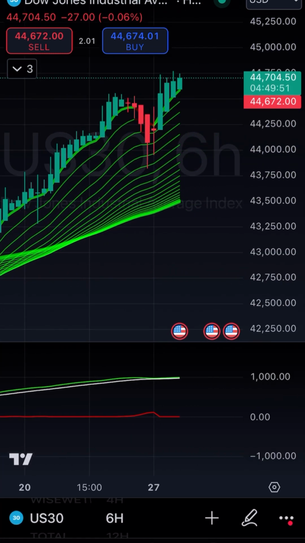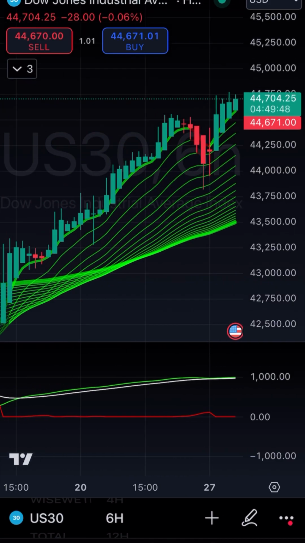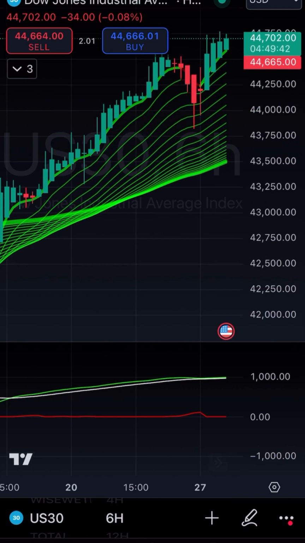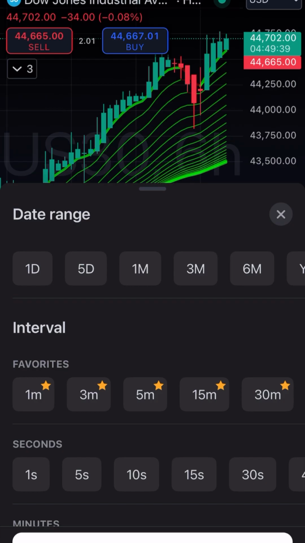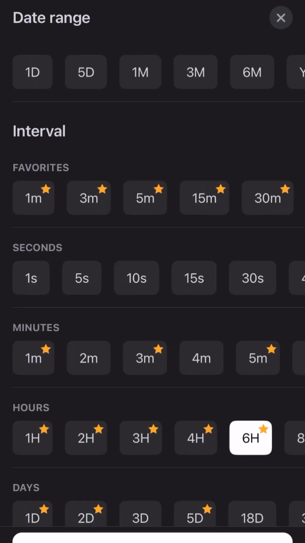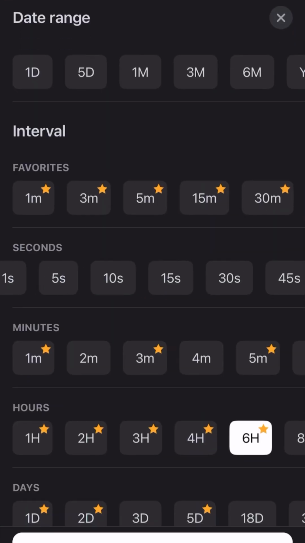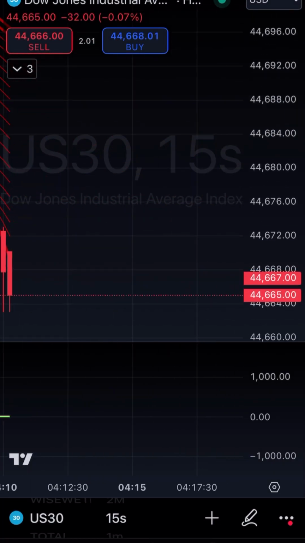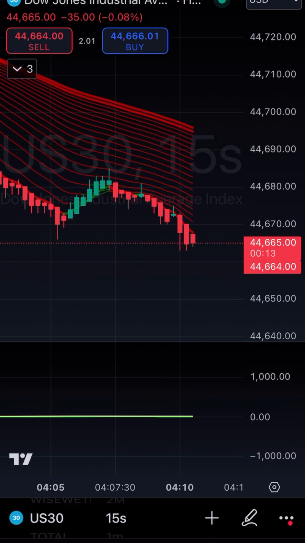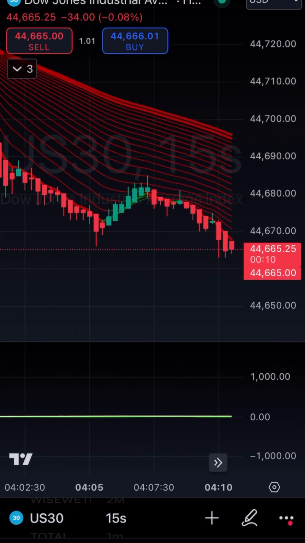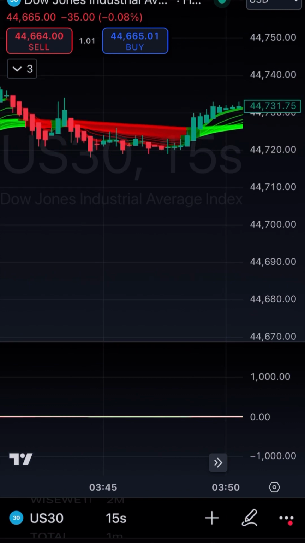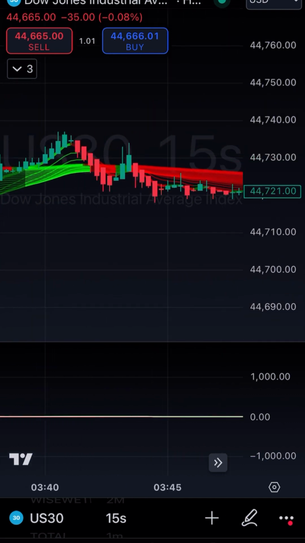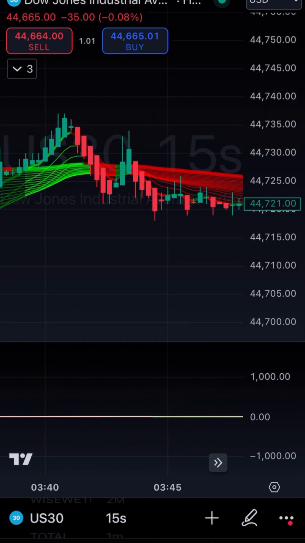But if you want to wait on the daily or longer time frames, you're just going to have to wait a while. The longer you go in time frames, the more volatile it's going to be. So just keep that in mind. If you do this on the 15-second here, it's the least volatile because you're basically just getting in and out. So right now we're going down, but we know the overall direction's going up. So I recommend checking this out on the 15-second